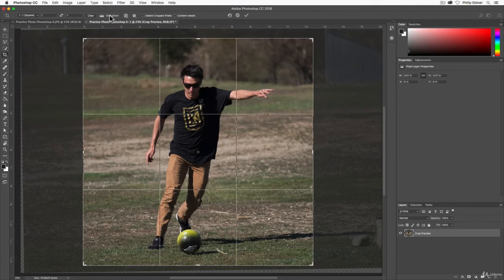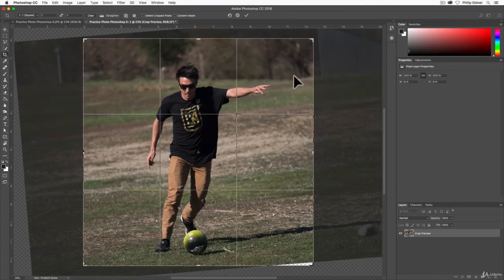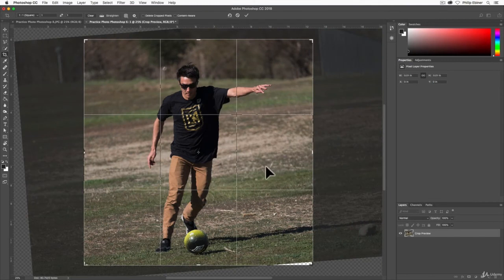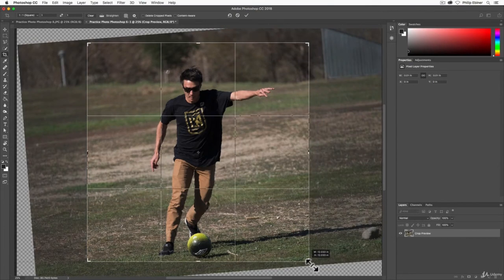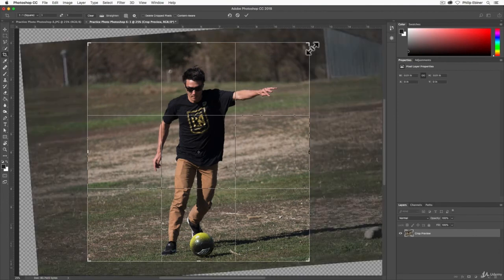I really quickly want to show you this straighten tool that we learned in Camera Raw. It's a cool way that you can level out horizons or any lines in your image. So if I click on that, and then I click and drag across a horizon, it's going to straighten it out. Now, the one thing that the crop tool doesn't do automatically is, see how in this bottom right-hand corner, we're selecting outside the image? You want to make sure that you're careful of that, and you're only choosing the image itself.